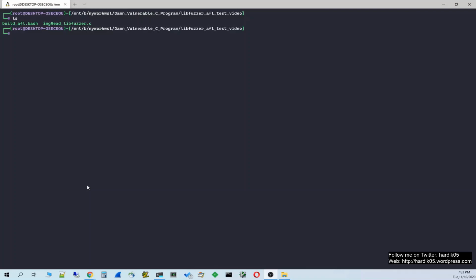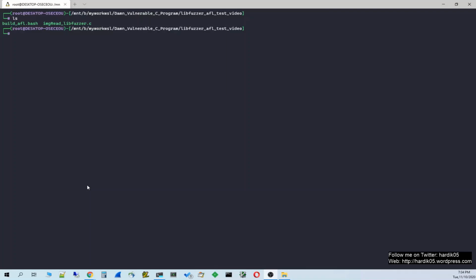in a video. If you have a LibFuzzer based harness, if you are following my videos, you might be aware that if you want to fuzz a program using LibFuzzer, then you need to use a very specific function, that is LLVMFuzzerTestOneInput, and then only LibFuzzer can fuzz that program. So if you have a program which contains LLVMFuzzerTestOneInput, then how can you fuzz that using AFL? Is there any way? So yes, there is a way.